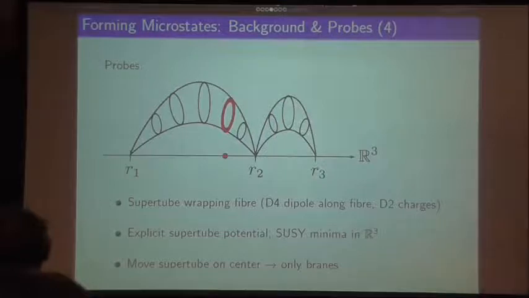So this will be exactly our mechanism for creating new smooth centers. We're going to take some branes, put them on one of these centers, right? So I've just introduced some branes, and then to make something smooth out of that, I'm going to pull it over this cycle here so that it becomes something extended, becomes a supertube with an extra dipole charge, but it also becomes something smooth.